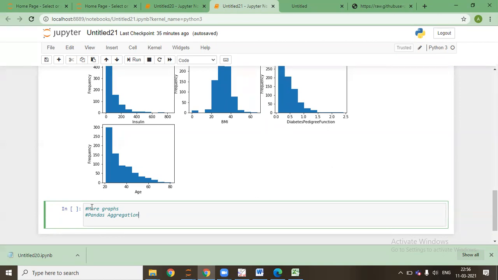So are we done for the day? Yeah, we are done for the day. Tomorrow I'll be covering more graphs and some pandas aggregation as well. Tomorrow we'll also be seeing the non-graphical EDA techniques, right? Yeah, I'll show you how to construct tables and other things through pandas aggregation, because for machine learning, I guess EDA is the most important part. If you don't get that, it will be very difficult. I'll be telling you the group by command; the pandas aggregation will serve this purpose only.